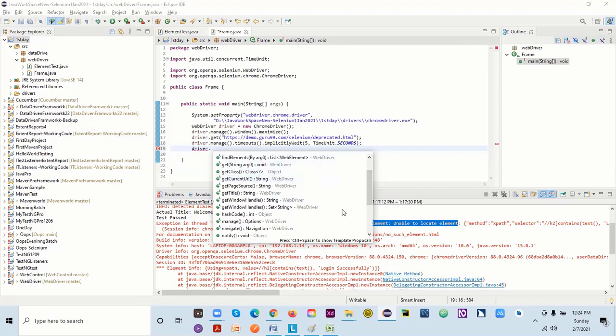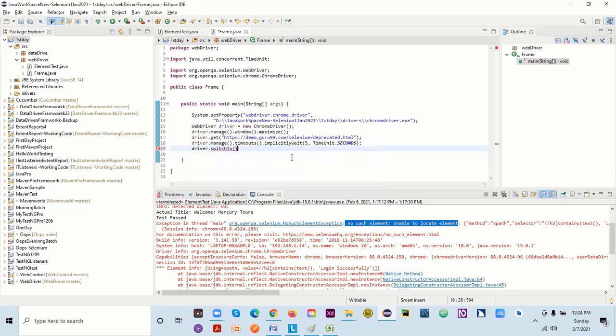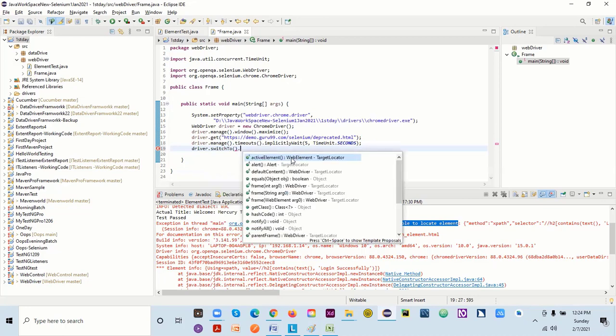Now my requirement is just to go to that frame. So we'll say switch. Let me come here. We'll start writing switch. There's one method here, switchTo, this is a WebDriver. We need to switch from one frame to another frame. So this is what I'll do. And then if I just write dot there, it will say frame. So there's a frame here.